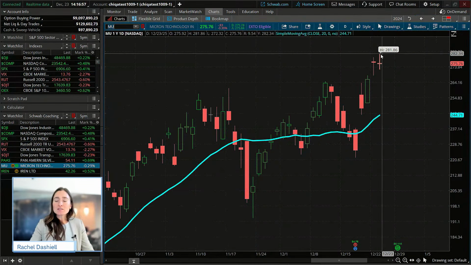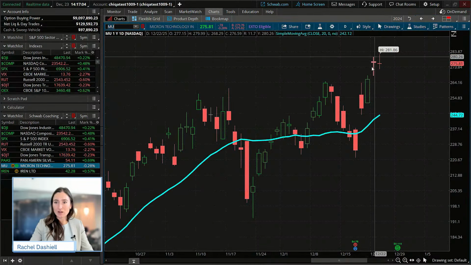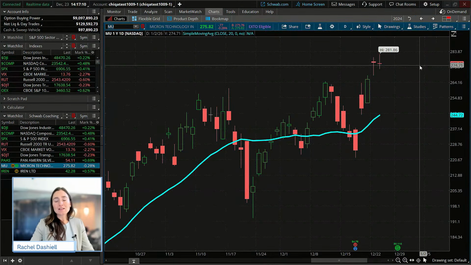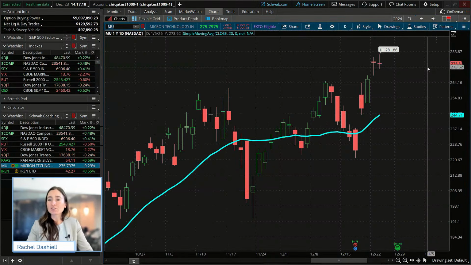So traders, especially since they saw not necessarily a follow through today on the candle that we saw from Friday's session, seeing another doji candle, that may give them more of a reason to possibly take profits in this trade, or it would give them a reason to move up their stops to a certain level if they were long this entire time.